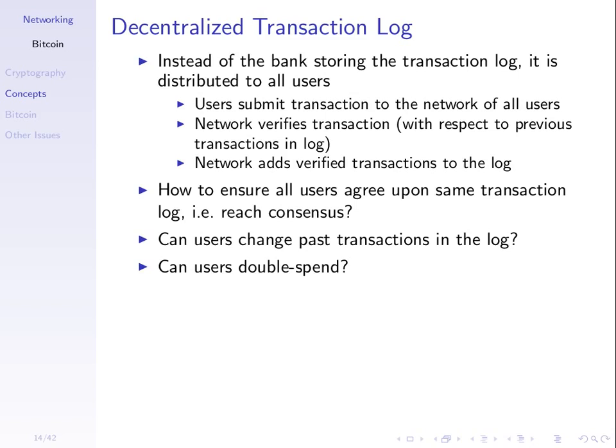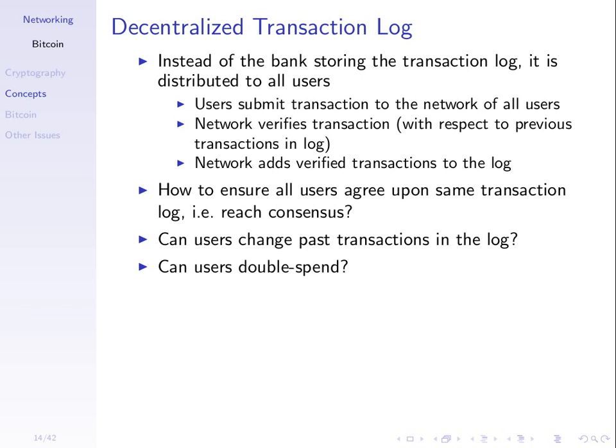Verifying means performing some checks, including making sure, if it's a transaction for Steve paying Tanarak 5 units, that Steve has 5 units to pay. We should reject any transaction that overspends or double spends money. That is, if my balance is 10, then I should be able to make any transaction that is up to and including 10. I shouldn't be able to pay someone 11. Okay? So the verification of the transaction is done by other users in the network